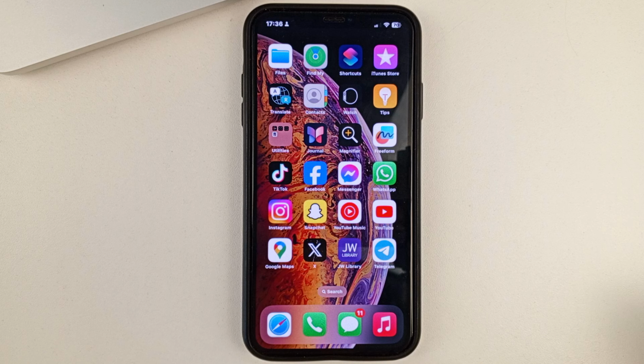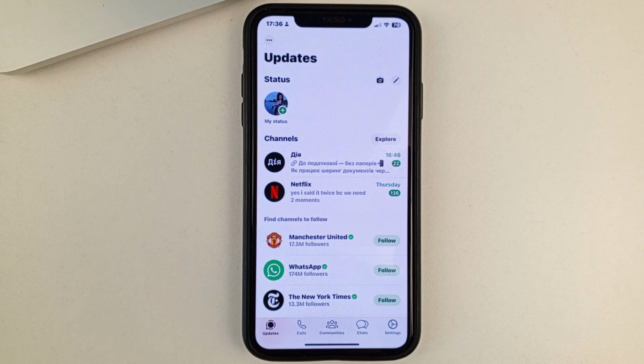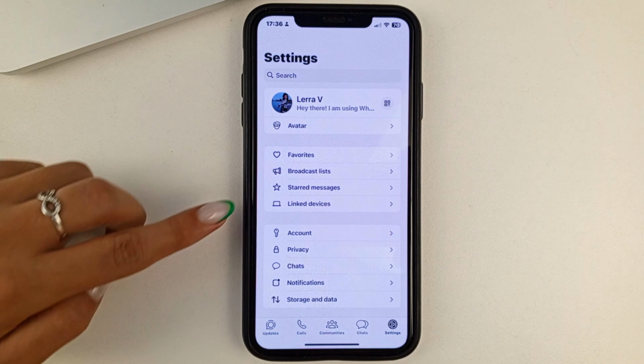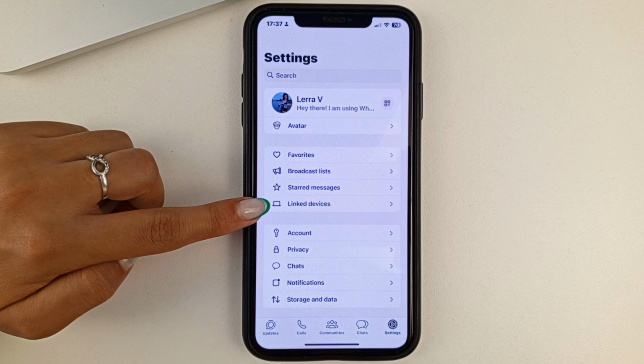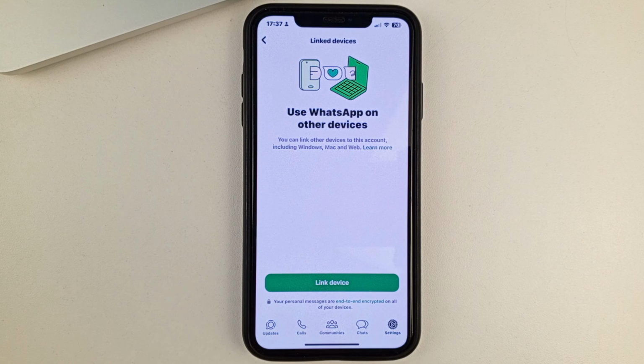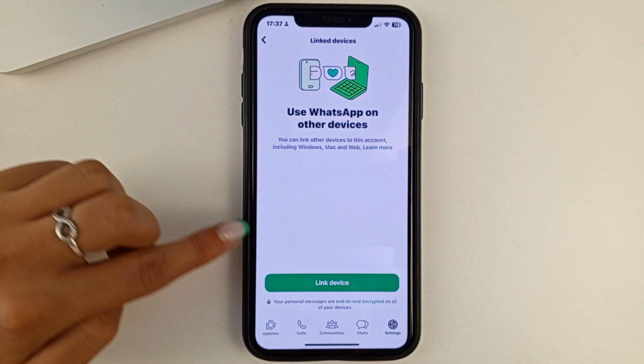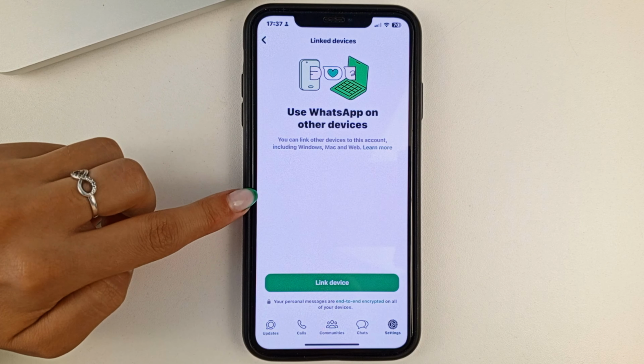So friends, to do this, open the WhatsApp app. Then at the bottom, go to Settings. And now select your connected device. Then friends, if you have synchronization with some device, or if you have been logging into WhatsApp from another device, then you will have one or more devices written right here.